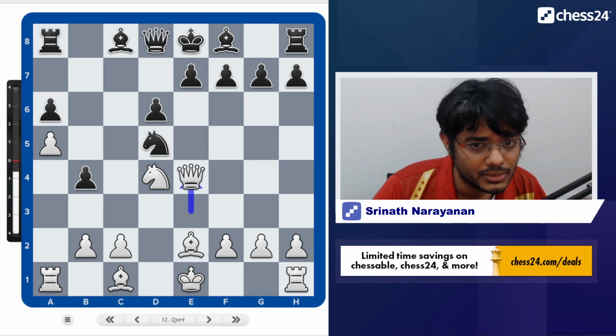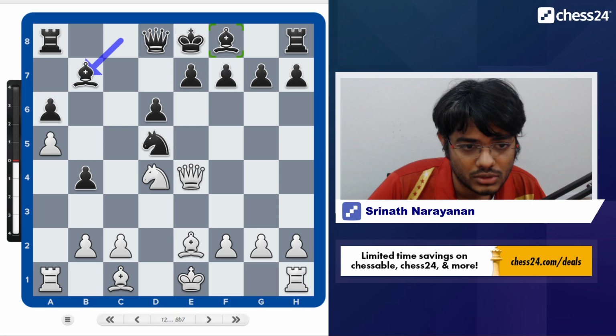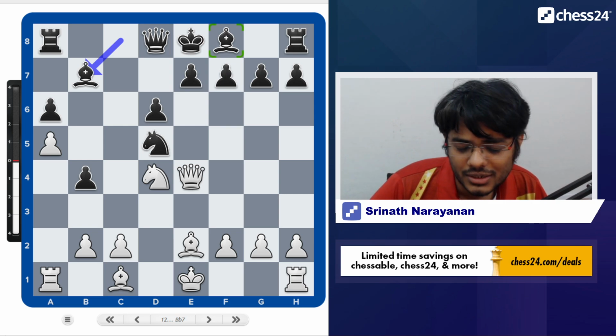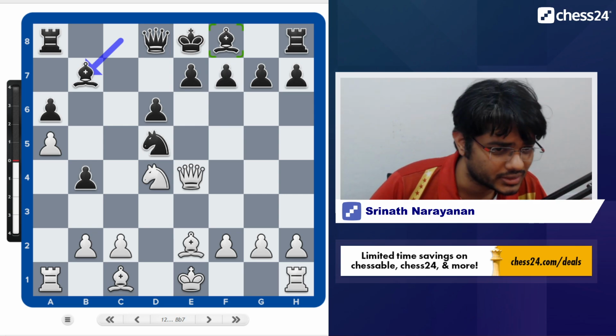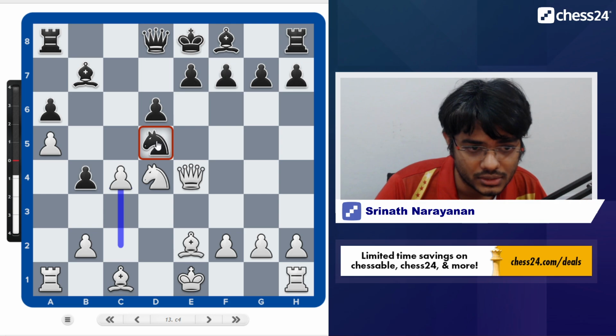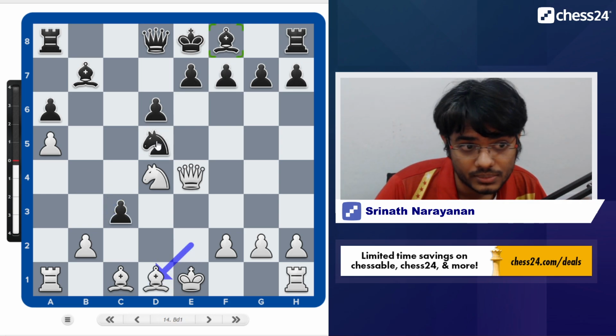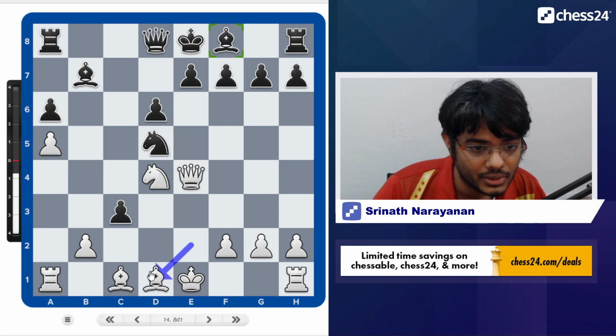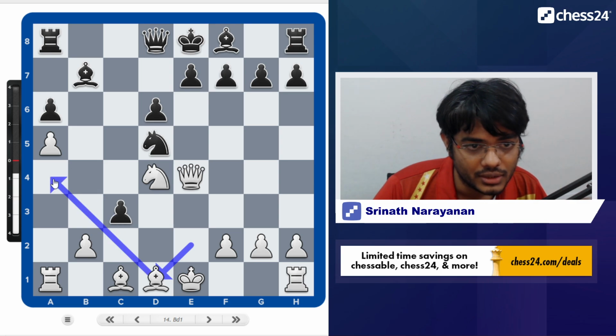In hindsight, Bb7 was another move, the top choice of Stockfish. But here white has some nasty ideas like c4, attacking the knight on d5. Black is forced to take bxc3, and now Bd1. The idea being to play Ba4 check and catch the black king in the center.